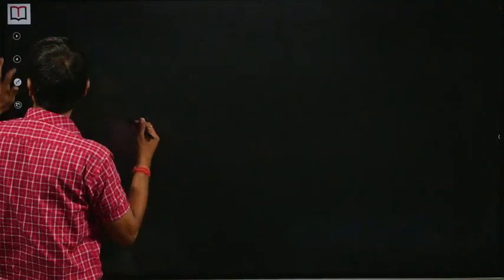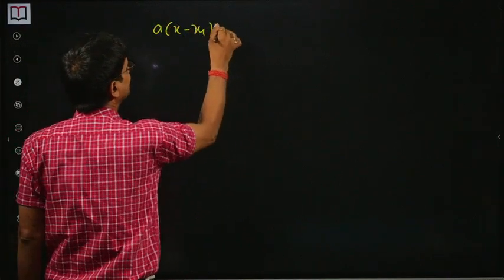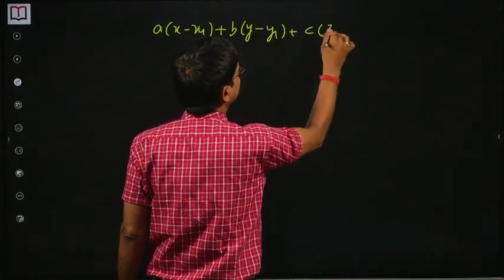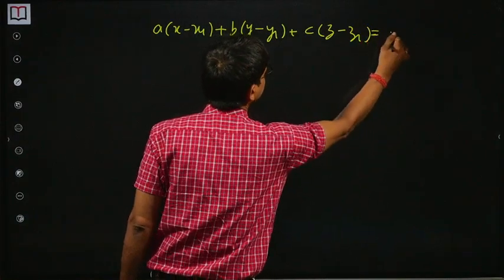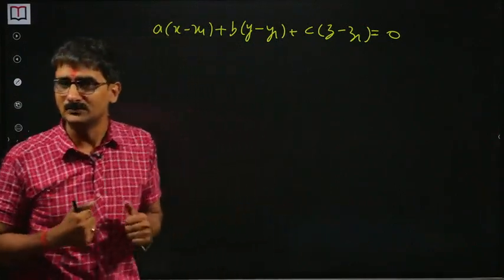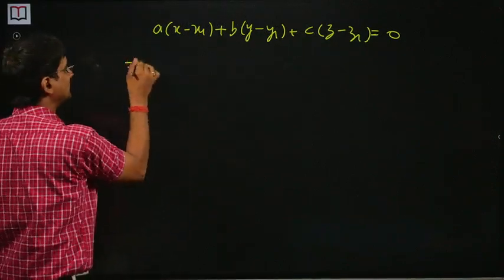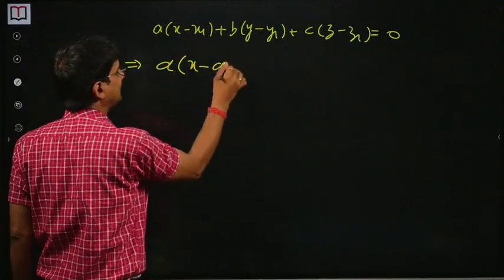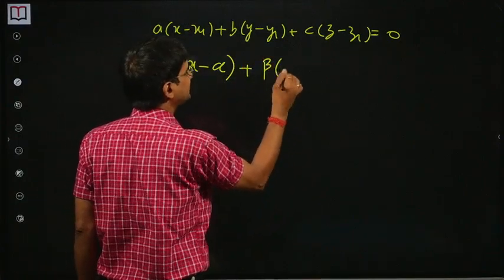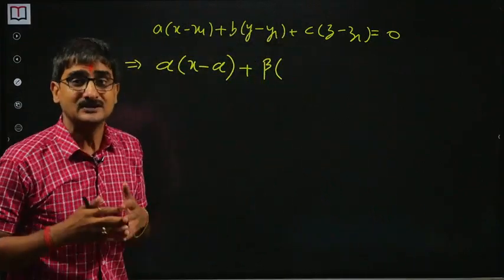Now the equation of the plane, do we remember? a times x minus x1, the equation of a plane passing through a given point x1, y1, z1, and the DRs of whose normal is a, b, c. So we know the DRs of the normal to the plane, which is OP, and the DRs of OP is alpha, beta, gamma. So the equation of the plane is simply x minus alpha, and the point on the plane itself is also alpha, beta, gamma. Isn't it interesting that we are using the same triplet alpha, beta, gamma as the coordinates of the point and also to represent the direction ratios?